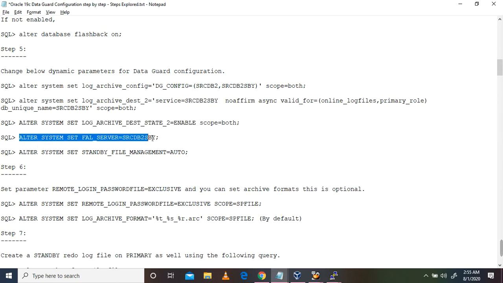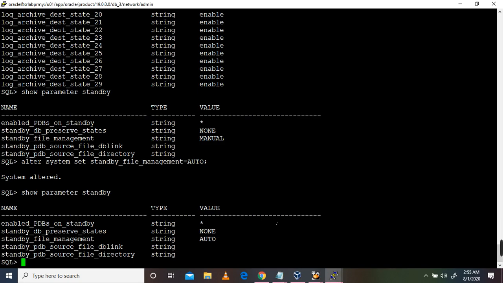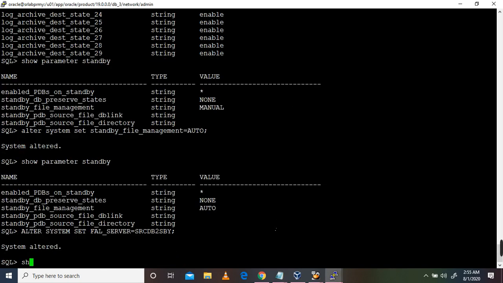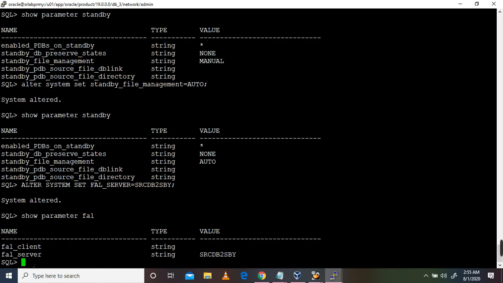So next one. This is for switching the data guard for switchover or failover purposes. We are enabling the parameters. So file server we can enable. This is the same thing also. We will enable file client, srcdb true.